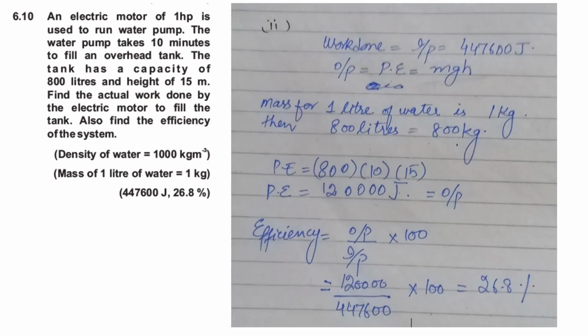So the second part is that we have to calculate the efficiency. First of all, for those who don't know what efficiency is, I will clear the concept. Efficiency of a system is the ratio of required form of energy obtained from a system as output to the total energy given to it as input. Means if there is any machine, we are giving input to that machine to perform some work, and we are getting some output from that machine, what the task we have given to the machine. So basically the ratio of output energy that we are getting from the machine divided by total input energy that we are giving to the machine is known as the efficiency.